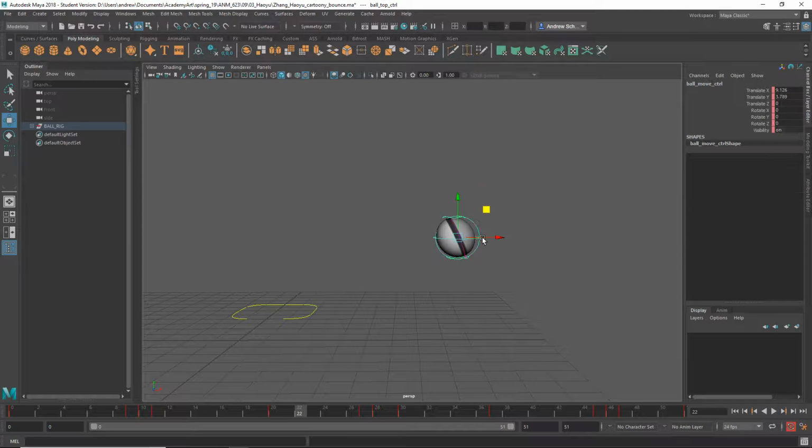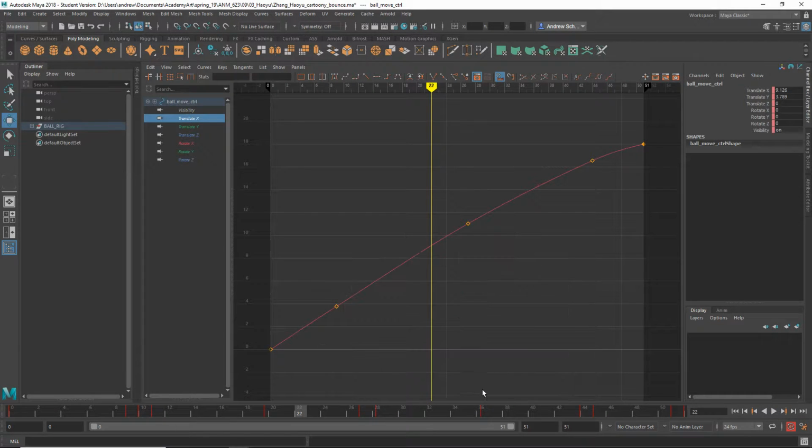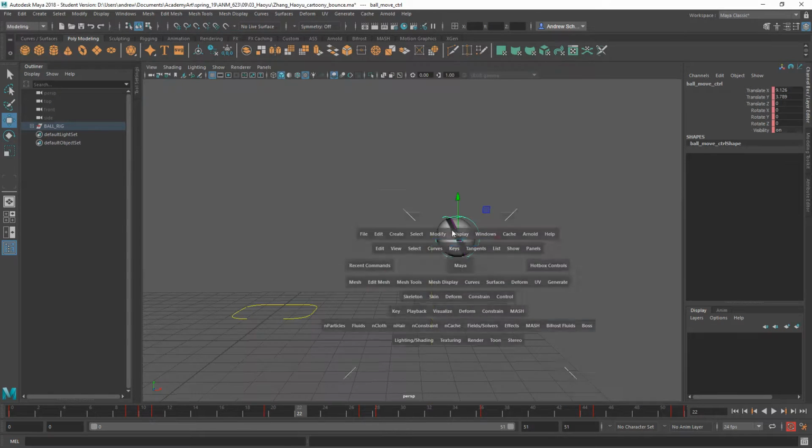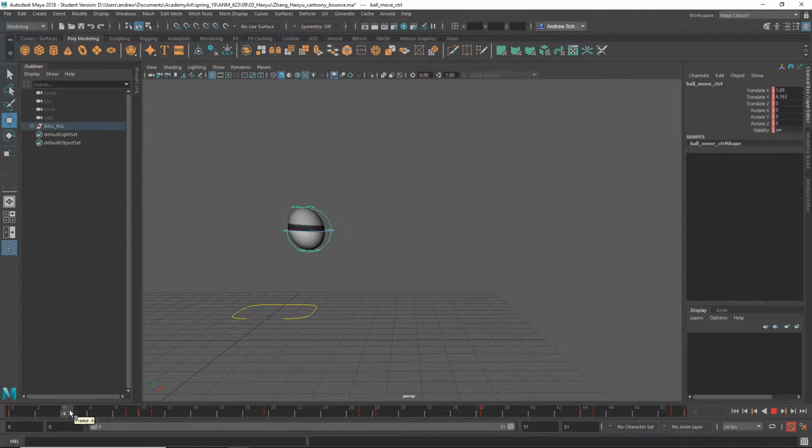The other thing is, it looks like you have the extra contact frame on the Y translate, but you didn't do it on the X. And so on each of those landings, see it's scooching forward a little bit on the X. So